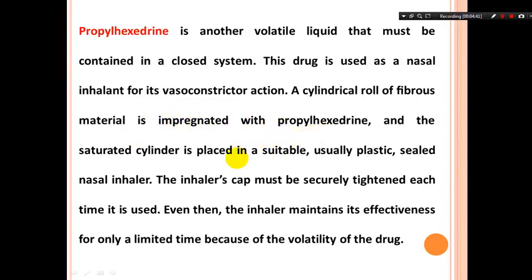Then this saturated cylinder حيخلوها ببلاستيك nasal inhaler، ومن يستخدمها البيشنت فقط يزيل الكاب اللي